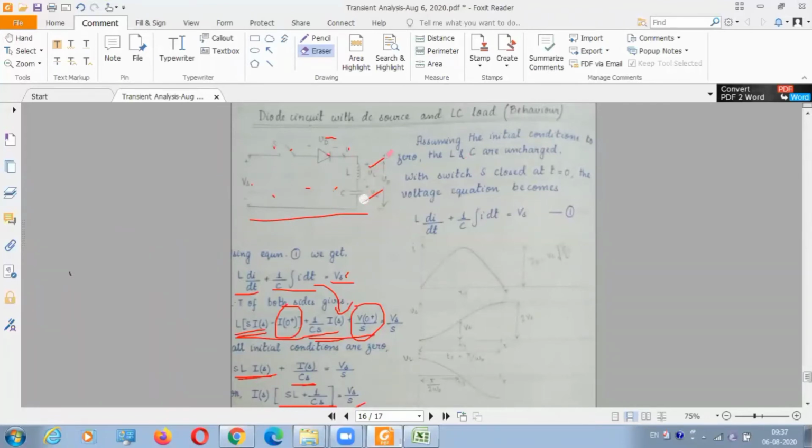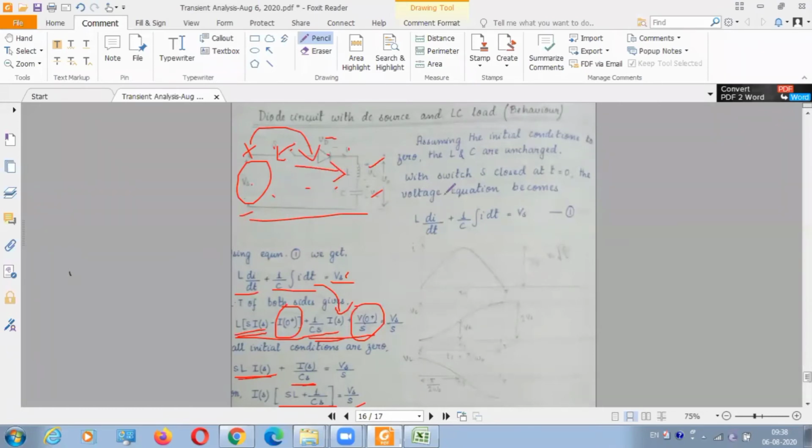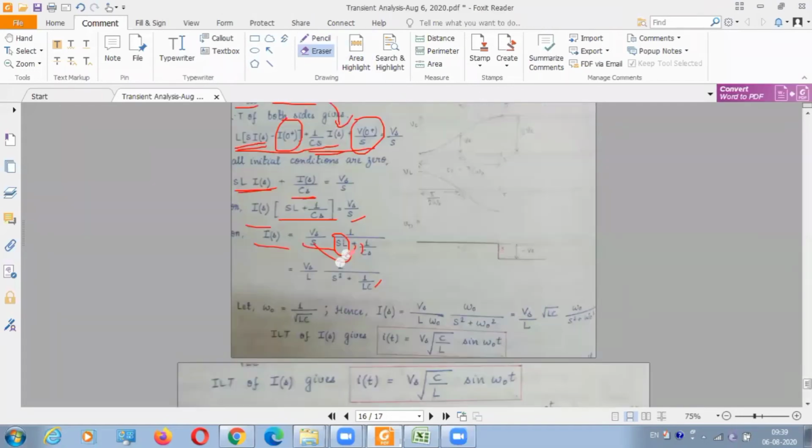Now you have no charge. This inductor and capacitor are uncharged, so there is no influence of this capacitor and inductor. Now Vs is only supplying my circuit, so I have to take care of Vs polarity. Vs, this one is plus, this one is minus. As soon as I connect, this plus gets connected to plus, so the diode is forward biased. No problem with this. Current will flow in this direction only. I'll come to reverse bias.